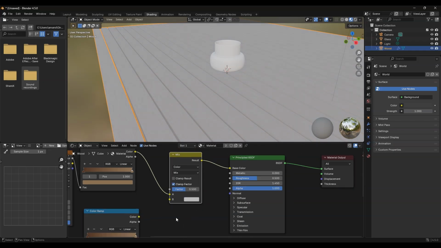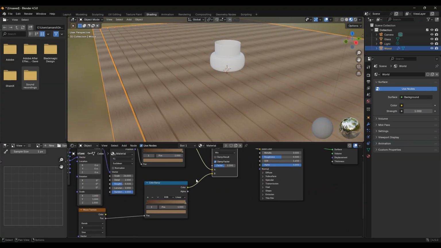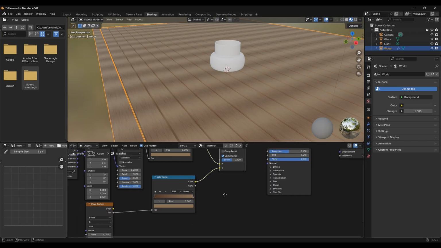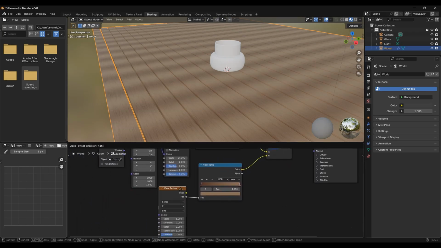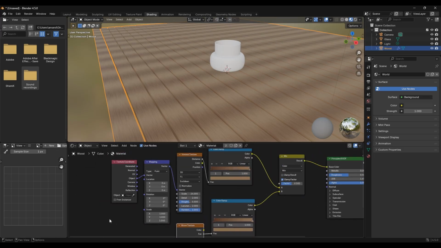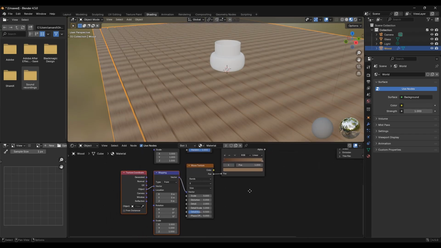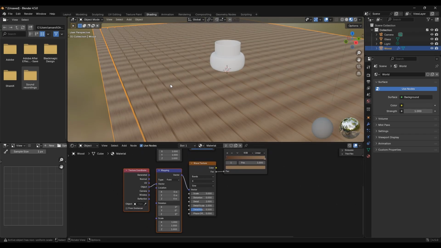Now, we want to connect this color ramp to B. And magically, we get everything from the Voronoi back, but we have these weird lines that go around the y-axis. So what we want to do here is add these two nodes right here, the texture coordinate and mapping, to the wave texture. Now, I'm going to hold Control and hit T, and I'm going to adjust the object to the vector right here. Now, this will allow us to adjust the rotation of these lines so they actually go along the boards